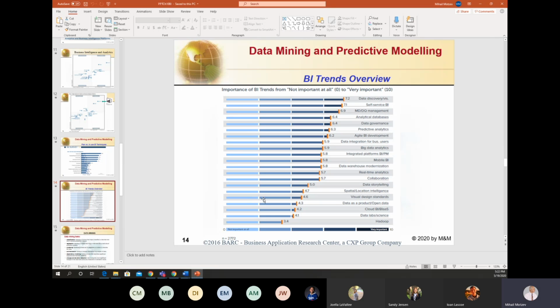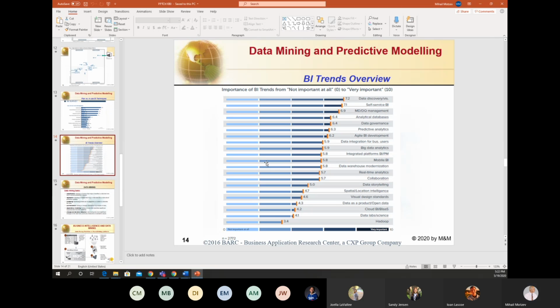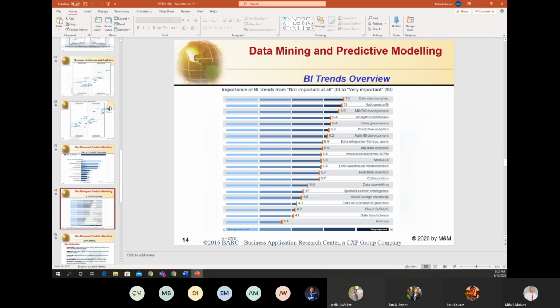And now is the time to discuss and analyze what are the existing platforms and tools that can help, especially in the area of business forecasting and predictive models and analytics.